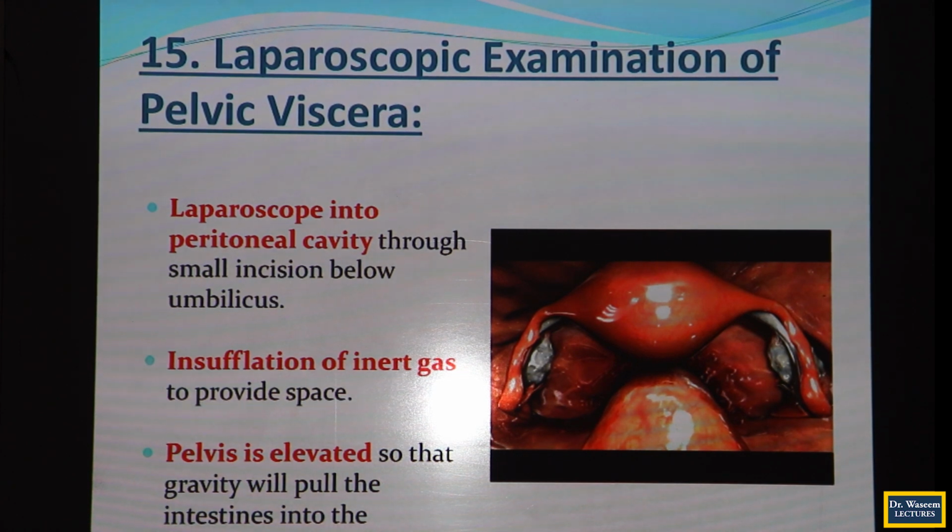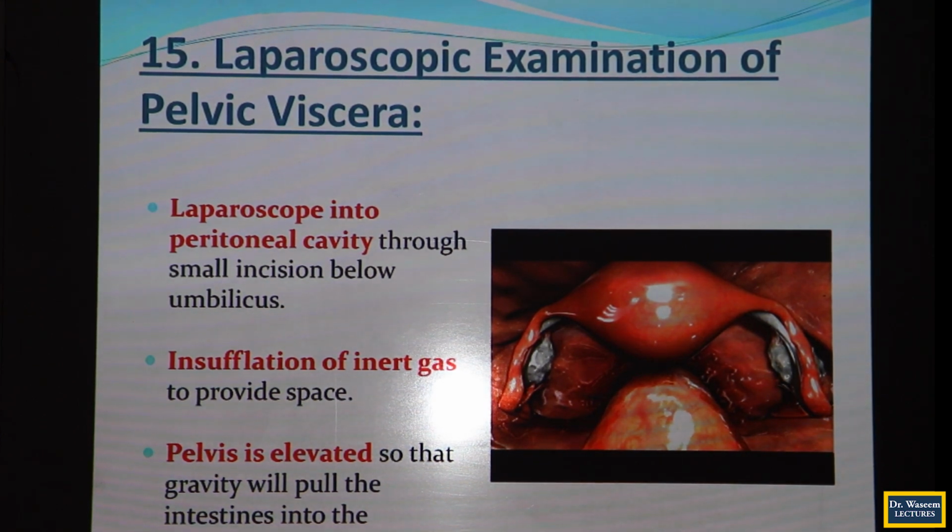A small incision is given below the umbilicus. Inert gas is provided into the abdominal cavity so that enough space is available, and the pelvis is elevated so that gravity will pull the intestines into the abdomen to give more free space in the pelvic cavity. So, three things are done: incision in the peritoneal cavity just below the umbilicus, insufflation of